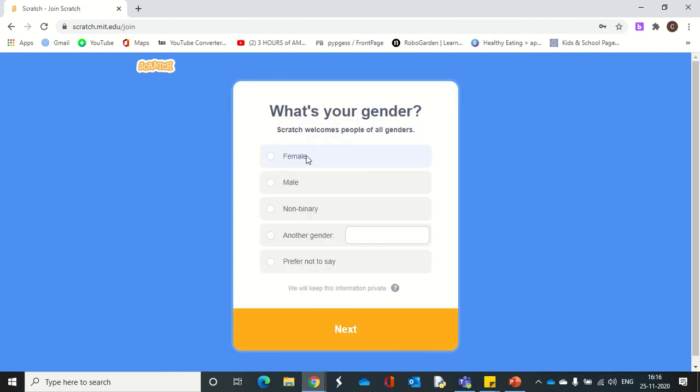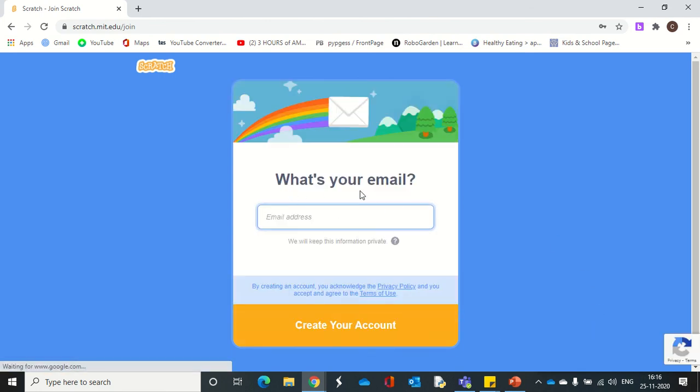So it is asking you the gender. So if it is a girl, you can select female. If it is a male, a boy, you can select a male. So what's your email? Email in the sense you can provide your Gmail ID or your parents' Gmail ID. So it is better if you provide your parents' Gmail ID.